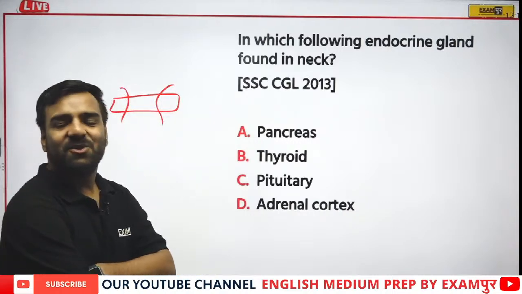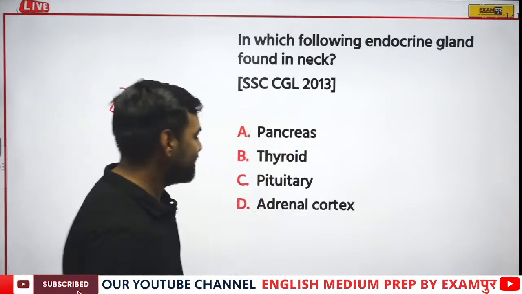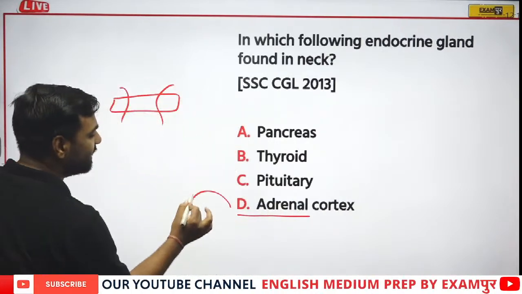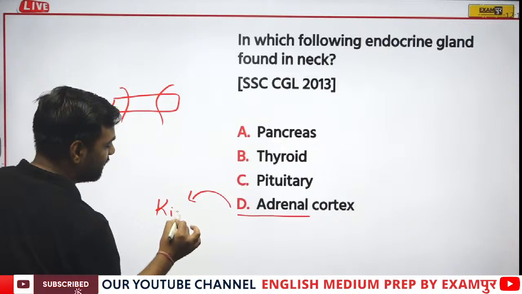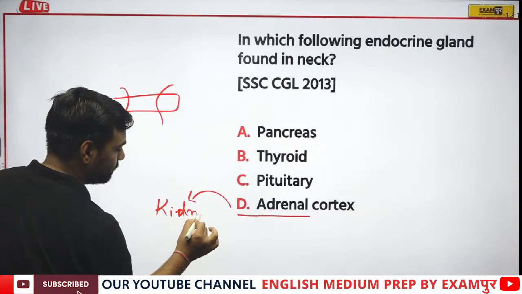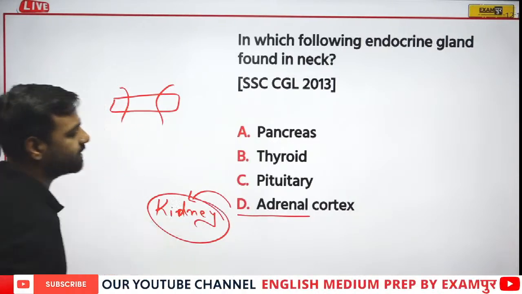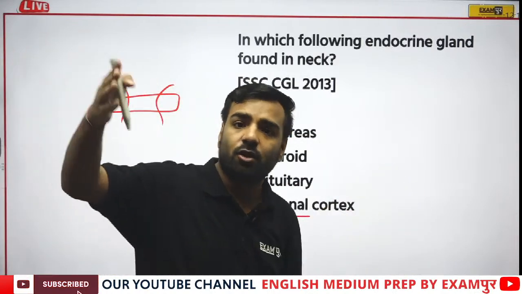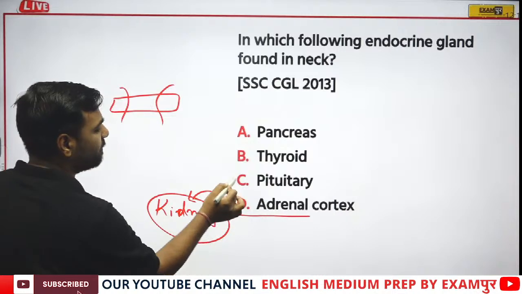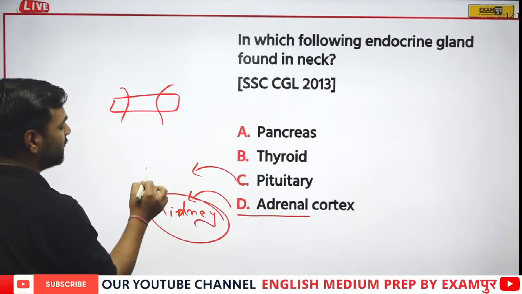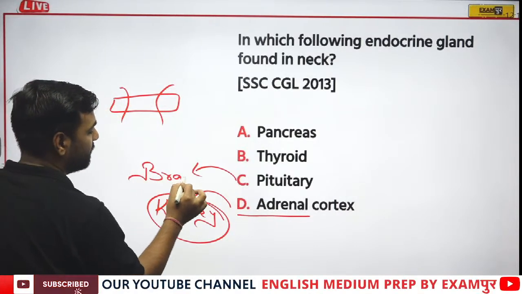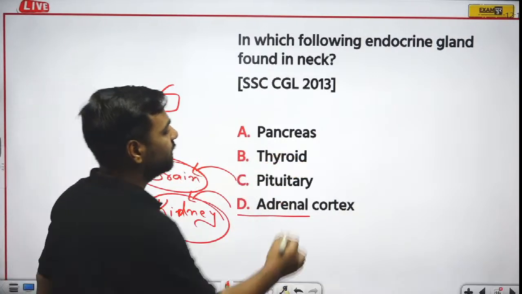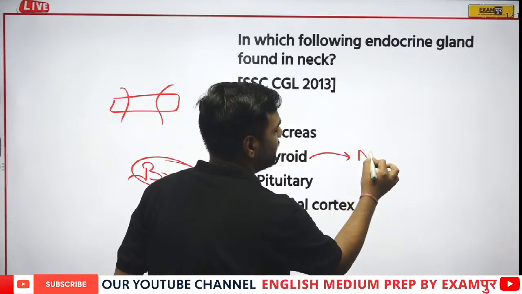Cool. So see, we have already discussed, if I'm talking about the adrenal gland, where is it? This adrenal gland is actually present on the kidney. Correct? We were discussing that this is the 4S gland, where 4S stands for sugar, sex, stress, and salt. If I talk about the pituitary, where was it located? It was located in the brain. Now, if I talk about the thyroid gland, your thyroid gland is present in your neck.